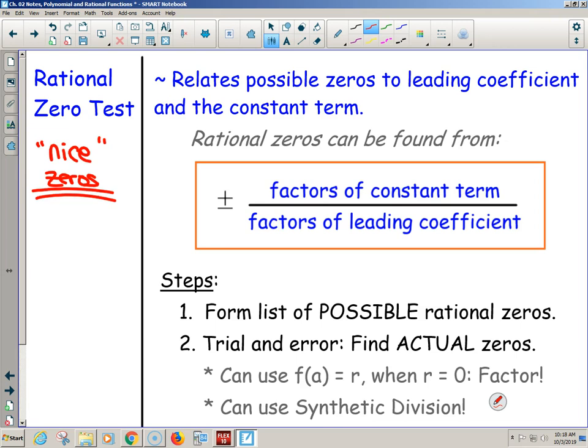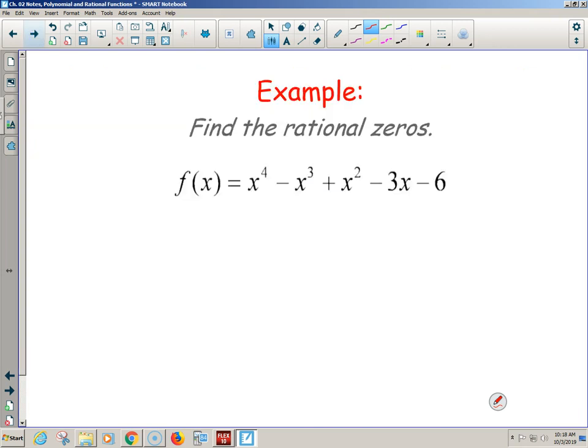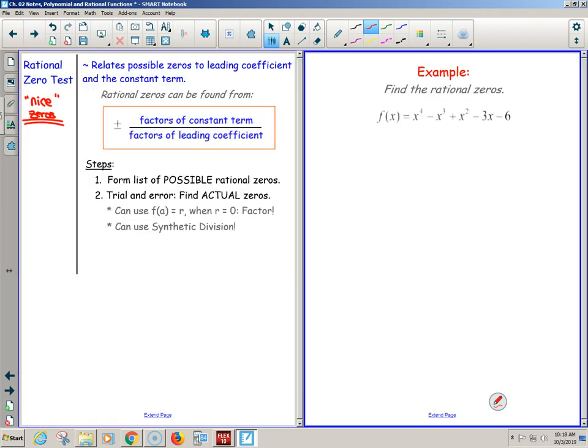Fractions are better than square root of 2. So, rational zero test. This is only helping us on the nice ones. Now, I have steps, which is all well and good, but for a lot of you guys, the words for steps does no good if you don't see an example along with it. So, I'm going to go ahead and solve an example where the directions are to find all the